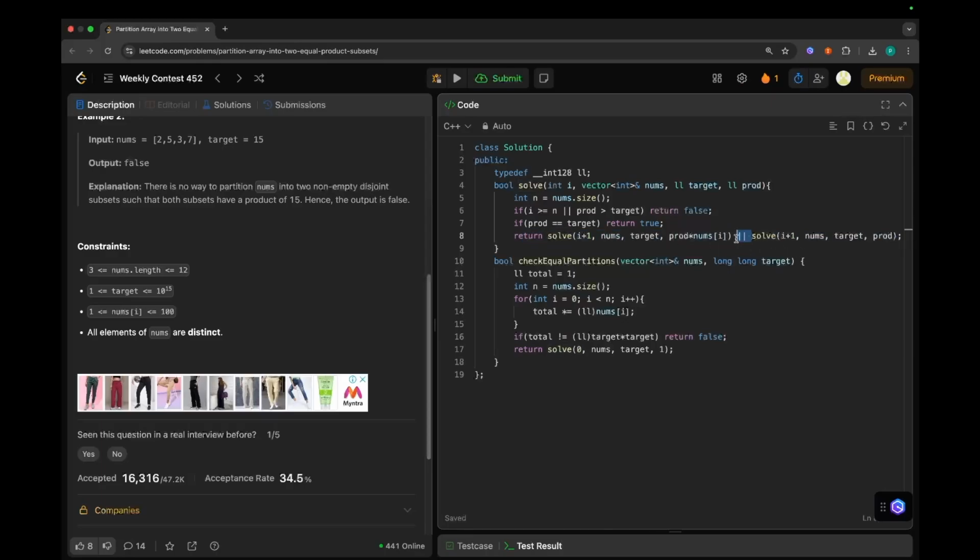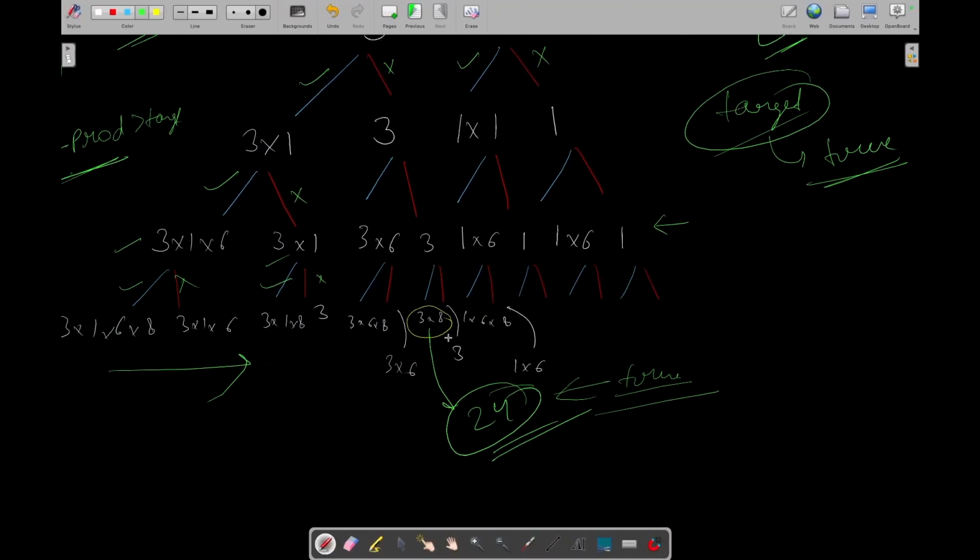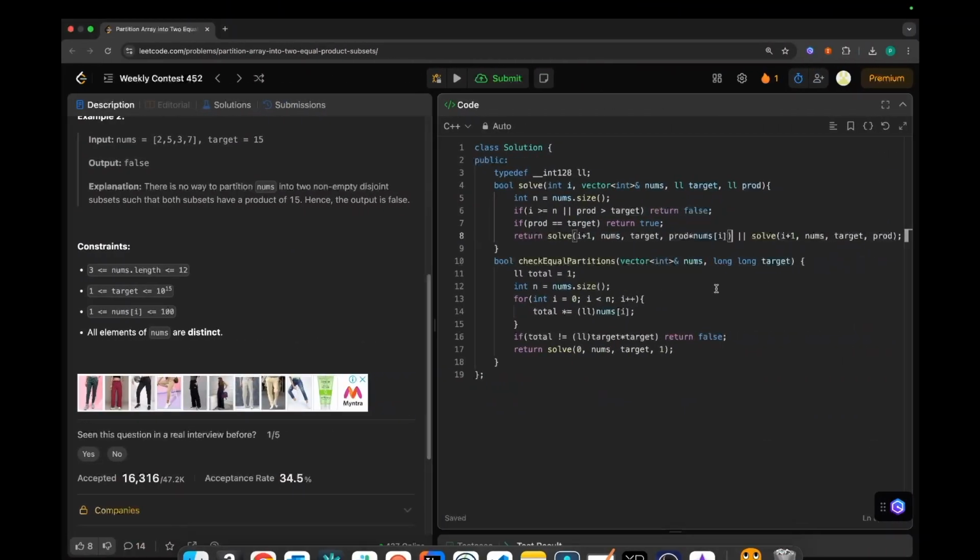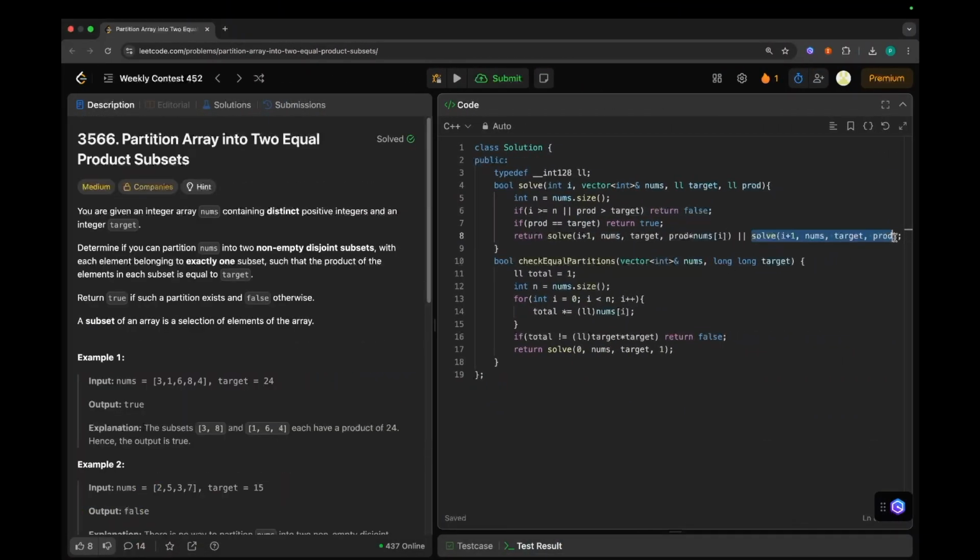That's why we have used or in between them, because we just need to get one case in which the product is equal to target. As in this case, we got one case in which product is equal to target. So we are just waiting for one case. If any one of them is true, we will simply return true.